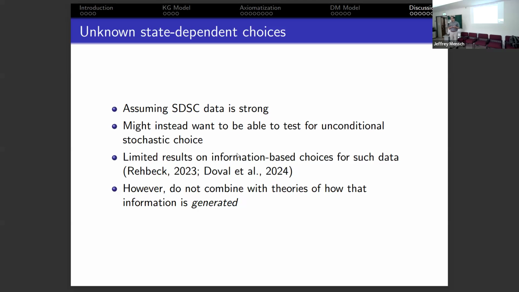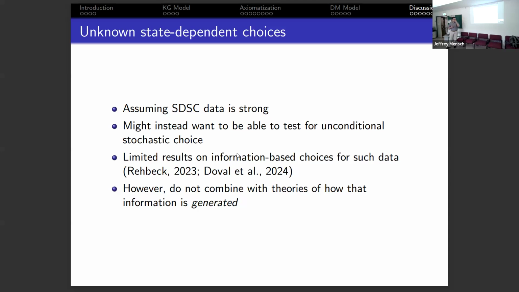One direction in which people have been trying to weaken this is trying to look at data sets where we only know the overall distribution of actions. We don't see them as the conditional probabilities of these actions taken given the state. So there's some literature that tries to do that for human information rather than the theory of how that information is generated. So the Rebeck paper in GBO from last year, as well as this paper by Ortegal and Lanilat, have results on testing whether a distribution of choices that is not state dependent is consistent with a theory of